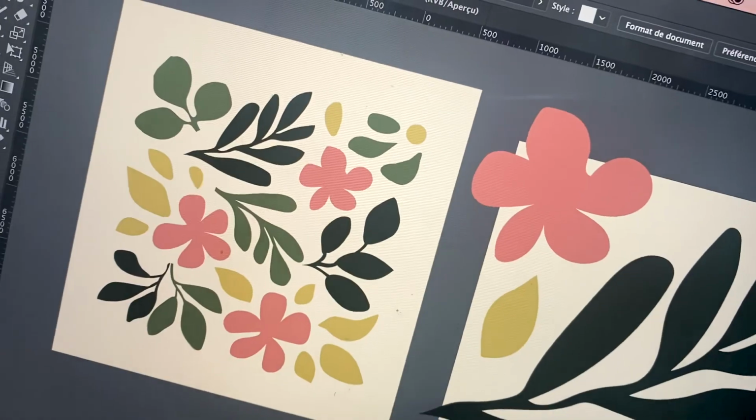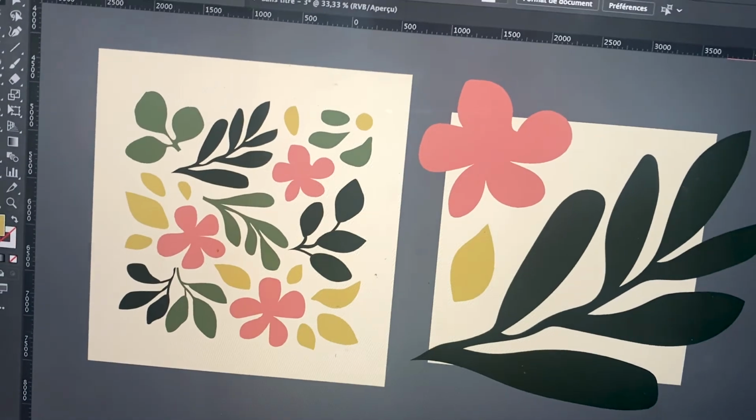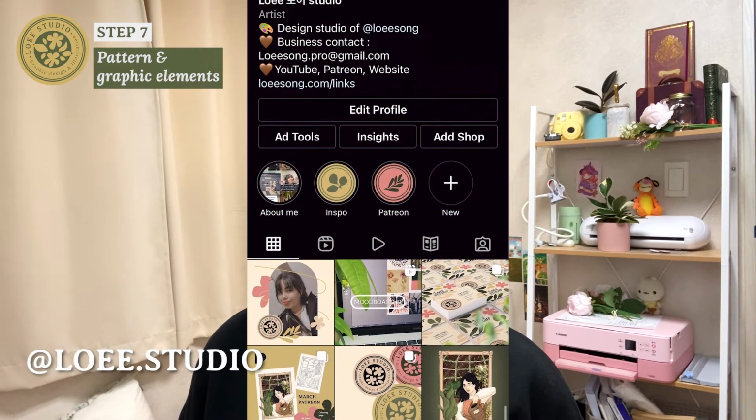Pattern and graphic elements. So now it is the fun step. Actually, everything is fun, but this is the funniest. This is the step where you add more personality to your brand. Pattern and graphic elements, such as icons, add texture to the design, and it also makes your visual branding appear consistent. This step too should not be neglected because a strong graphic element is easy to keep in mind.